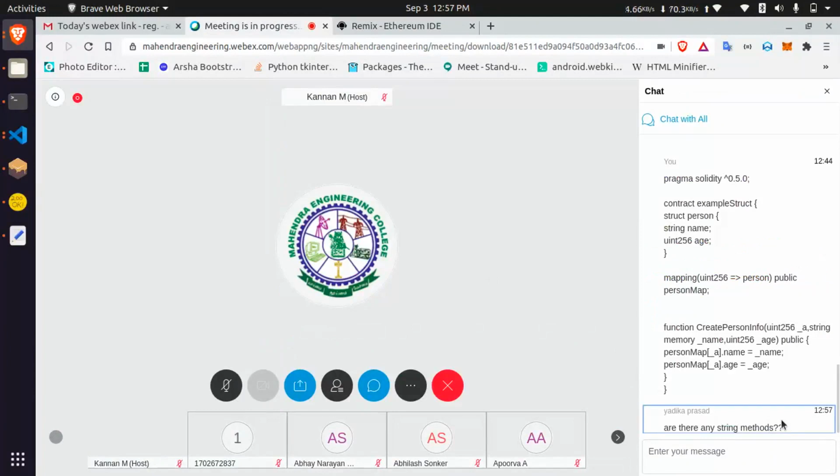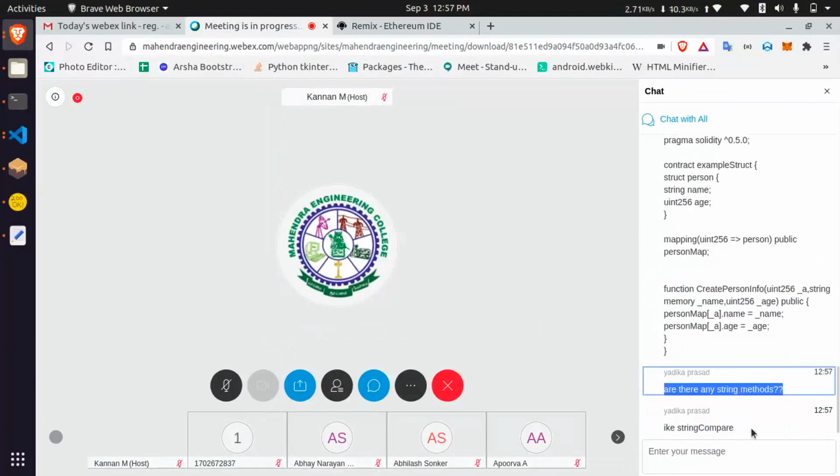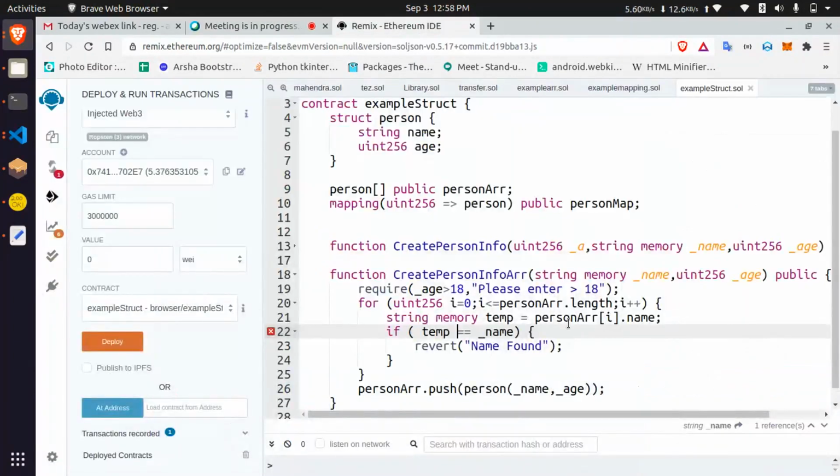Are there any string methods? You are asking like string compare. No. In Solidity, strings they are not using. Many developers do not use any strings. They will play with the bytes only. For example purpose only I am showing like string. You can't do that on a string.